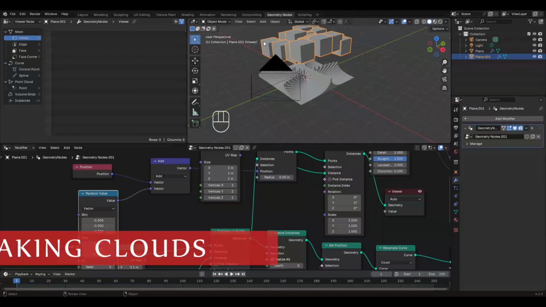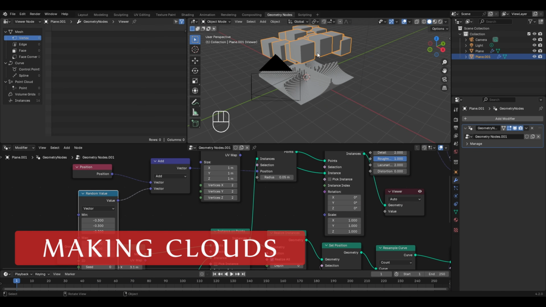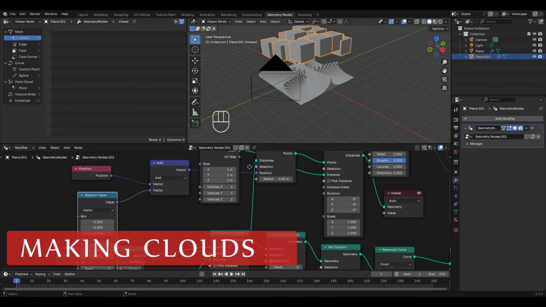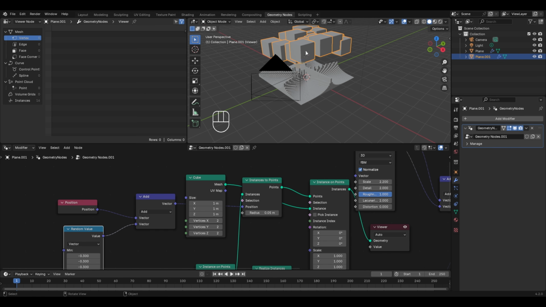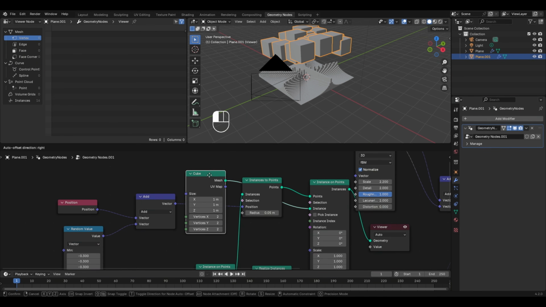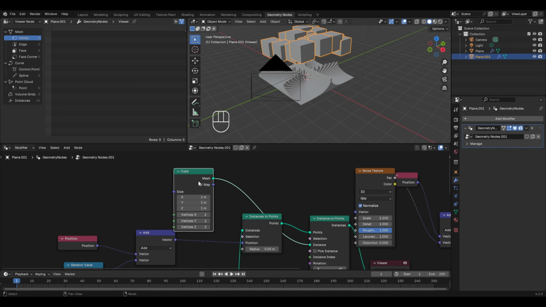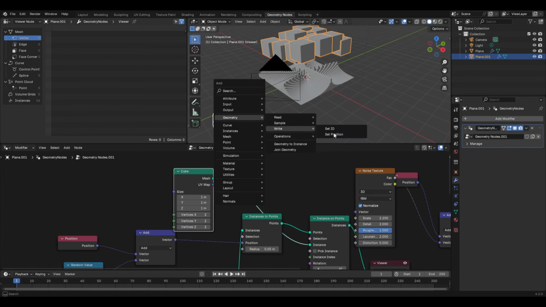Now we'll be using these cubes that we added here in order to make some clouds in the scene. For this, we also need to add some distortion to the cubes that we have placed as instances over here. So for this, we'll first add a set position node after the cube node. So press Shift plus A, go to geometry, then in the right category, select the set position node, place it